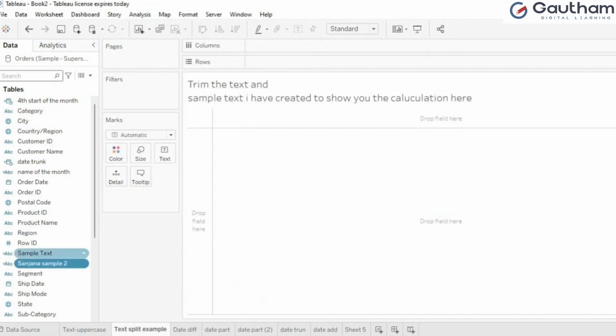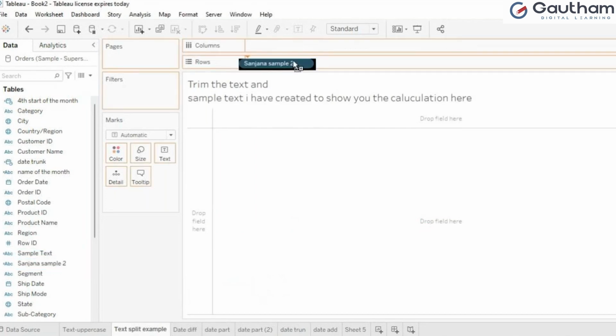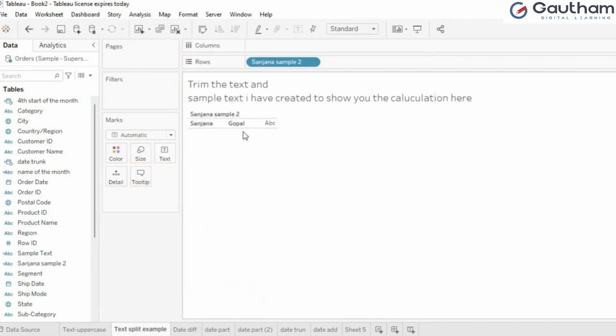So get this into the view. Imagine there are lakhs of data like this. To understand how many letters are there, they may ask us. If we know how many letters are in that name, how many spaces are there, there is a calculation to remove the space and to count it too. I'll explain trim, because trim will be useful for many things, so at the same time I'll explain that as well.